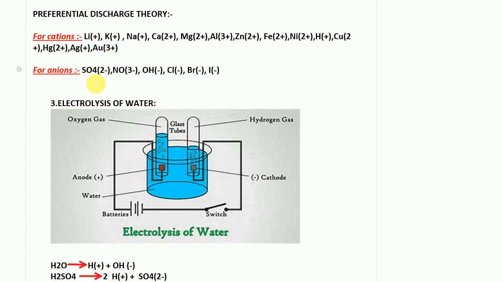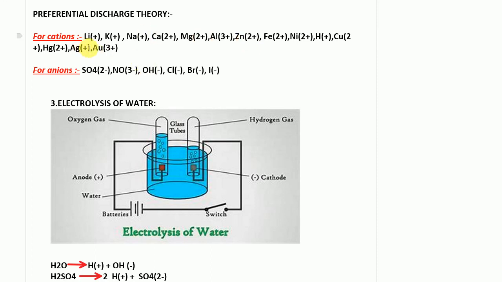Suppose we have SO4 2 minus and NO3 minus. Which of them is going to get discharged? This preferential discharge theory tells us which is going to get discharged first. As we move towards the right hand side, the discharge